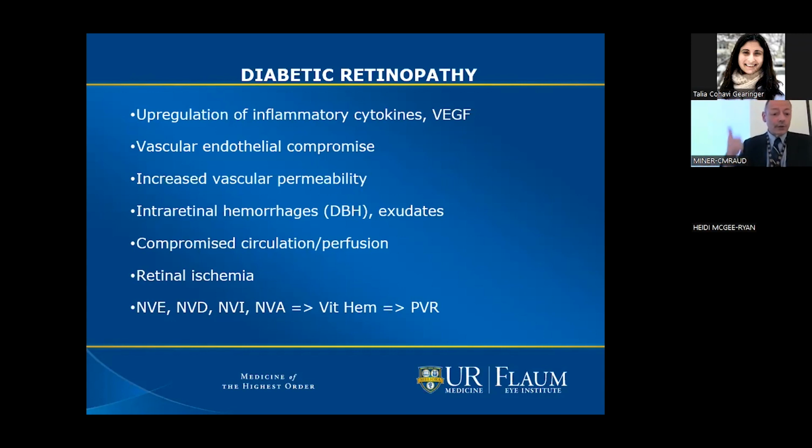That can result in neovascularization of the retina elsewhere, as you'll see as NVE, neovascularization of the disc, which is often known as NVD, neovascularization of the iris, which I showed you on the previous slide, and then neovascularization of the angle, which ultimately leads to neovascular glaucoma. Can result, as I said earlier, in vitreous hemes, and ultimately into something known as proliferative